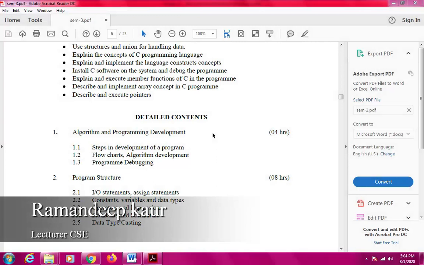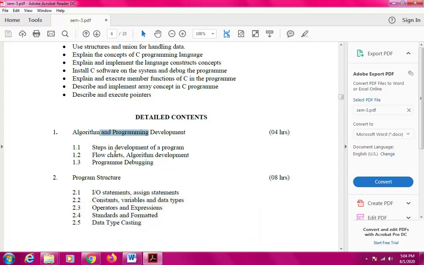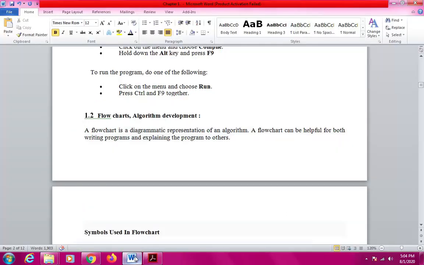We will discuss a new topic of chapter number 1, Algorithm and Programming Development. The topic is Flowcharts and Algorithm Development. Fine. So first of all, we will discuss what is a flowchart. So as you can see from this line,